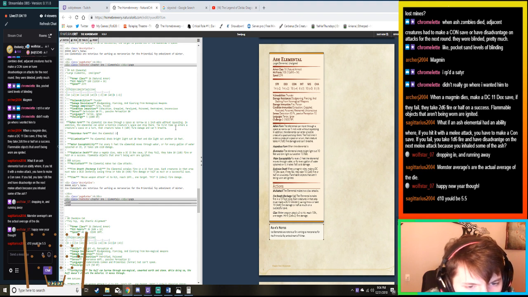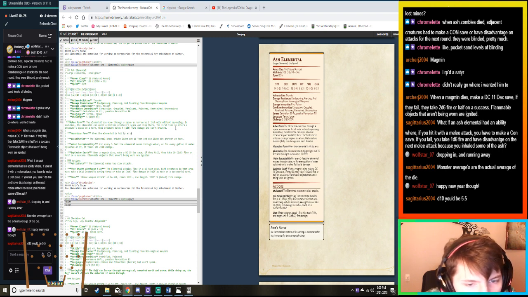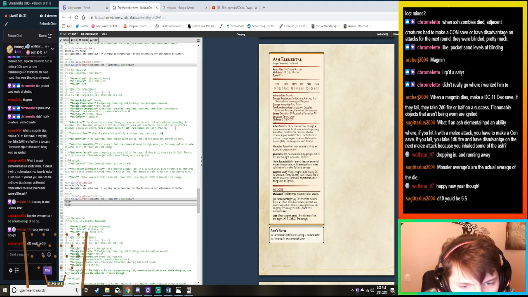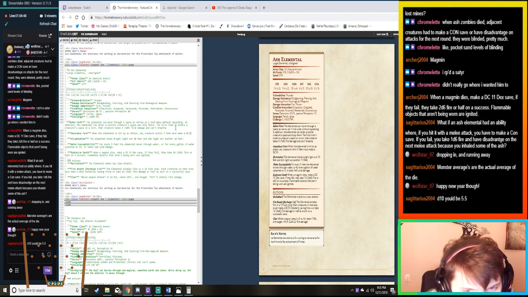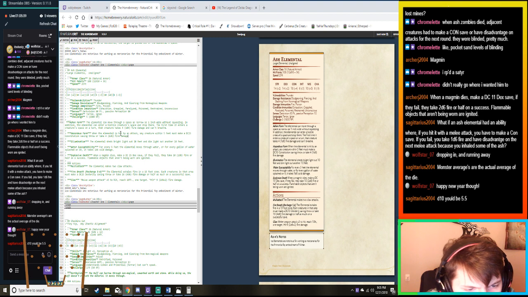The elemental is hit with a melee weapon attack. Actually, any creature within 5 feet must make a Constitution saving throw that will be the same DC. Where did I just have it? 15. Okay, DC 15 Constitution, or take 1d6 fire damage and